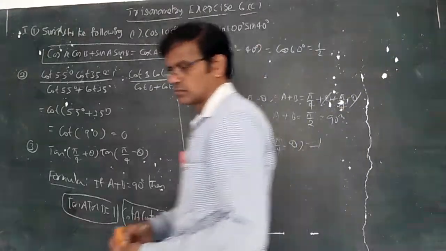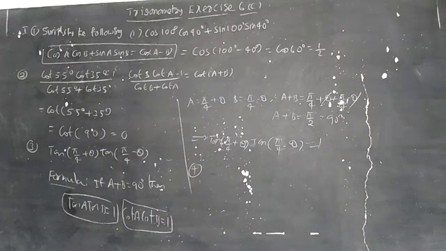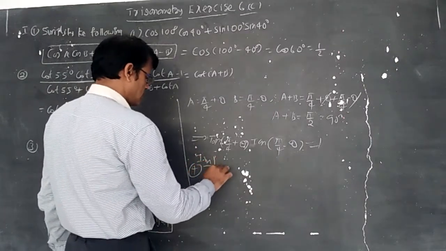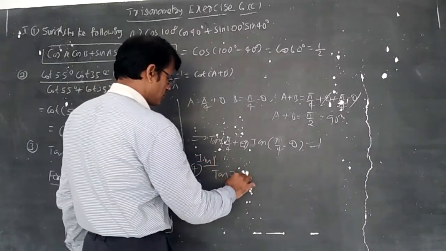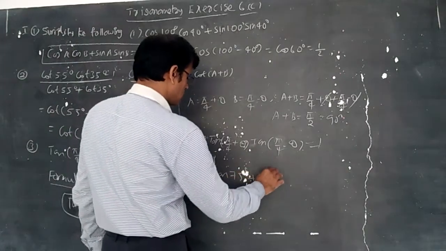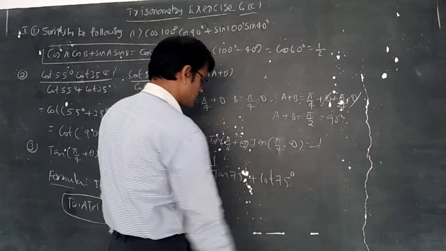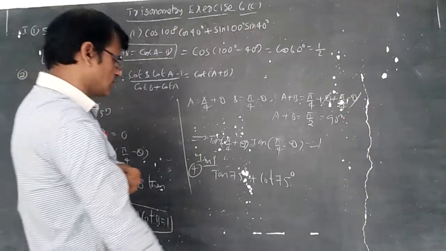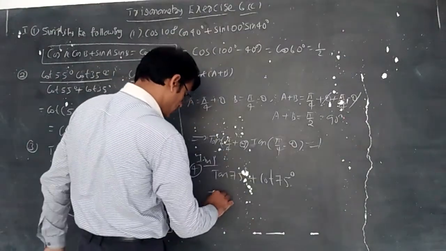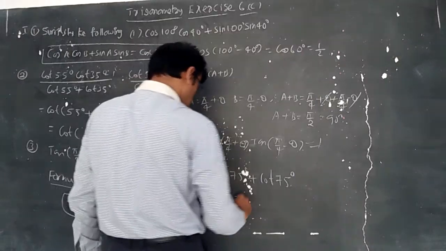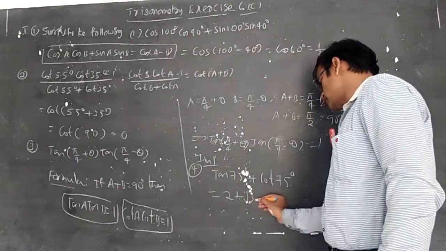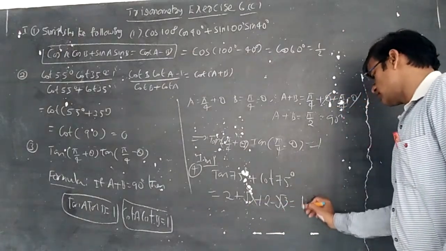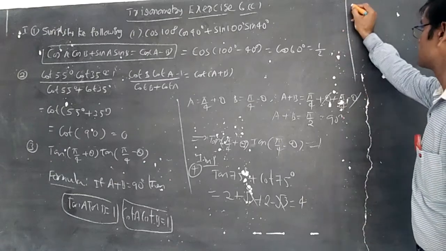Fourth one, tan 75 plus cot 75. This is important for the objective bit also. You need to remember this one as a formula. Tan 75 is nothing but cot 15, and cot 75 is nothing but tan 15. We have discussed the values. So tan 75 means cot 15, the value is 2 plus root 3, and cot 75 is nothing but tan 15, it is 2 minus root 3. Root 3, root 3 get cancelled, that is simply 4.